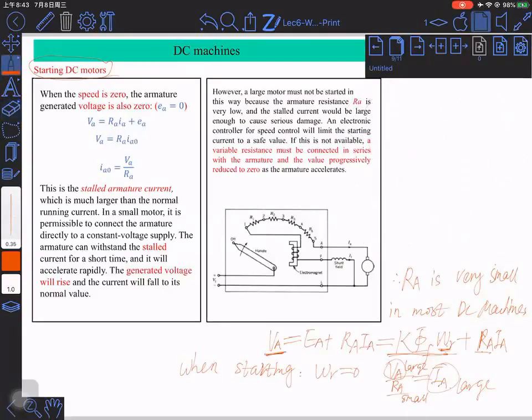What will happen is that, let's firstly look at small motor. When we say small motor, basically we are saying inertia is very low. If its inertia is very low, we know J dω_R/dt is the acceleration of the machine, and this J is the inertia. If we have very small J, we can easily increase the